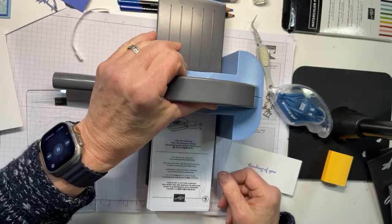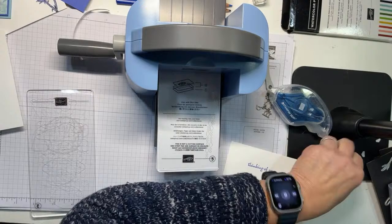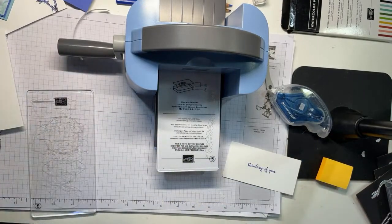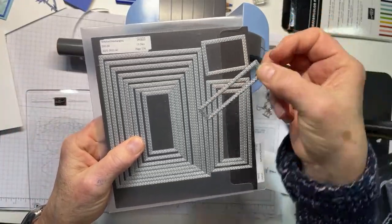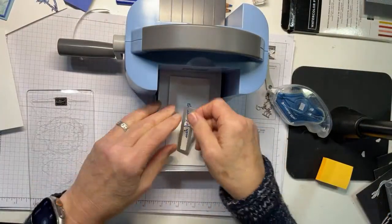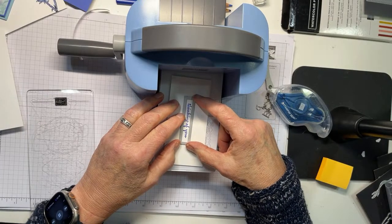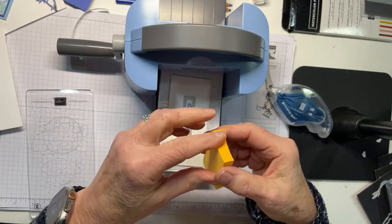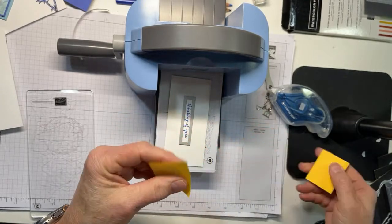Okay, so I have my little mini baby boho here. And I'm going to use a stitched rectangle, my favorite sentiment rectangle. It's this littlest one. And we're going to put this on. And since we don't have magnet plates anymore, I'm going to put it in place and use...